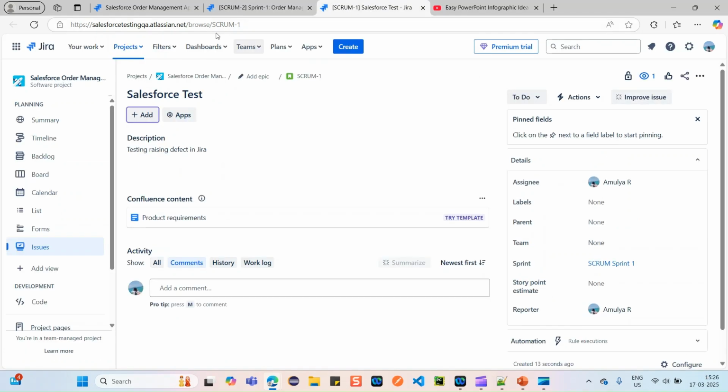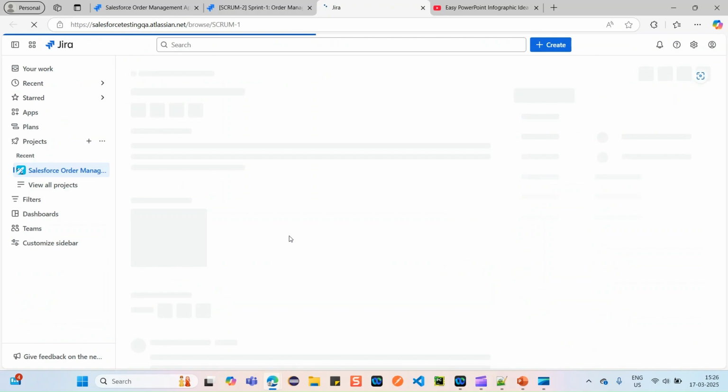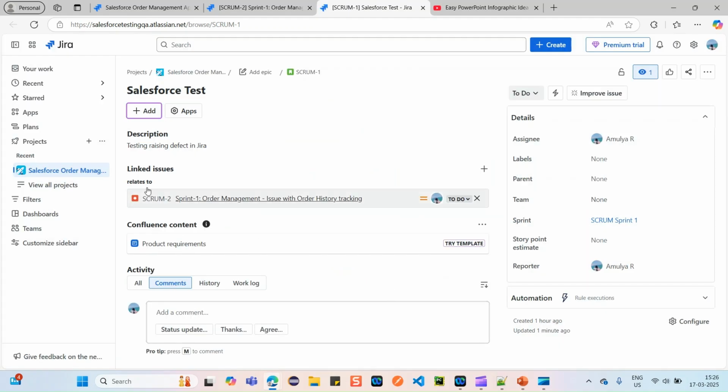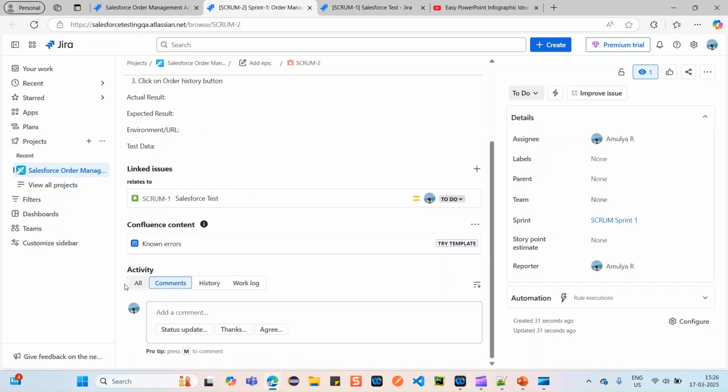Now, if I go to the user story also and refresh the screen, Scrum 1 is the user story. You can see here the linked issue. So for this user story also, I can see this defect. It got linked. This is how you can create a defect and link it to that particular user story. At the bottom, you can see comments, history, work log, and lot of other things.